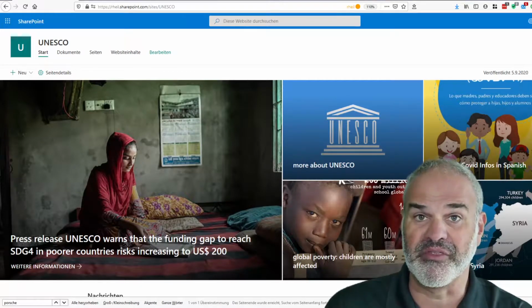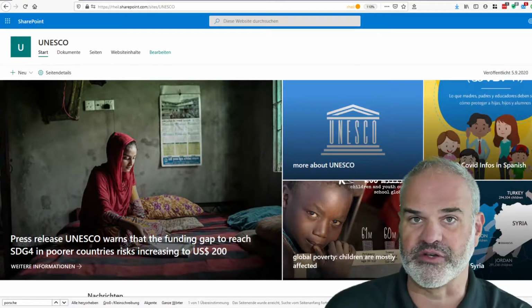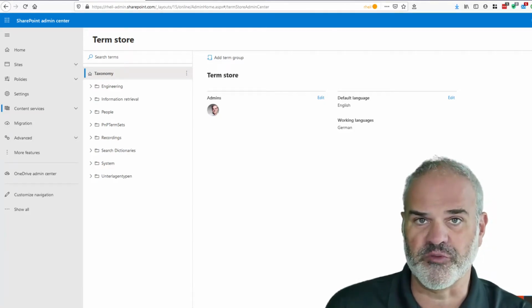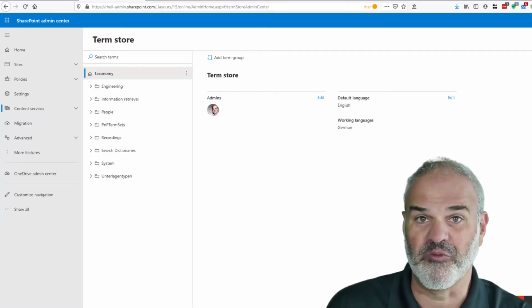But the disadvantage is it has no metadata, and we're going to look into the term store right now. Special dedicated thesaurus. And yeah, so the only thing we could do is to create new term groups, new term sets, and new terms. But that's going to be a lot of work. And now the $1 million question is, how can we save time?